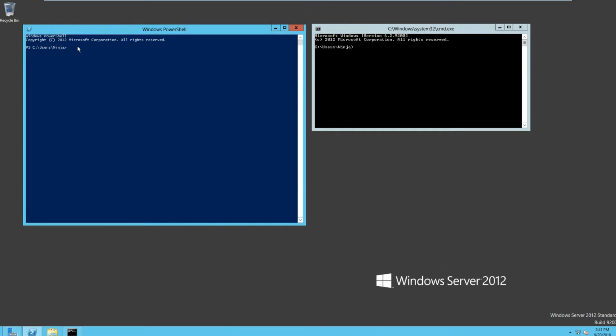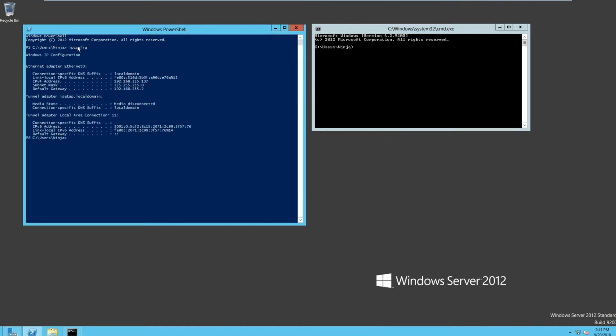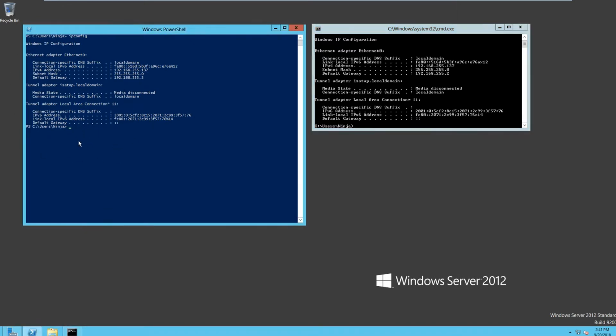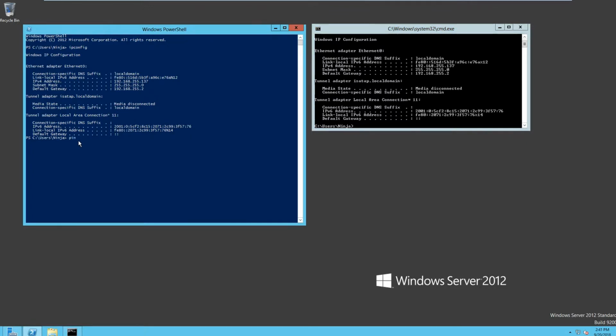So in this case, if I wanted to write ipconfig to see what my IP address is, I will see that currently I'm on a local domain, meaning I'm not on a domain, and everything works properly. You can do the same thing here. Right. And I'm going to notice that again, local domain, I'm not on a domain, but I'm noticing that I have an IPv4 address. So it's actually using my host machine to pull all of this information up. If I wanted to ping